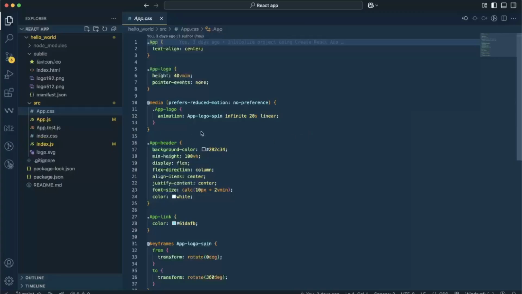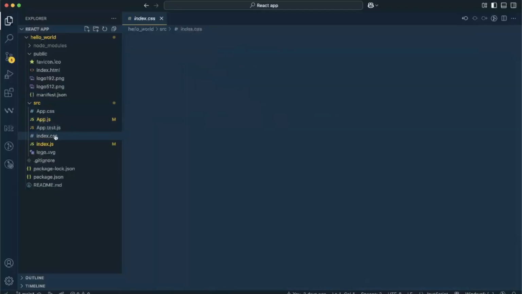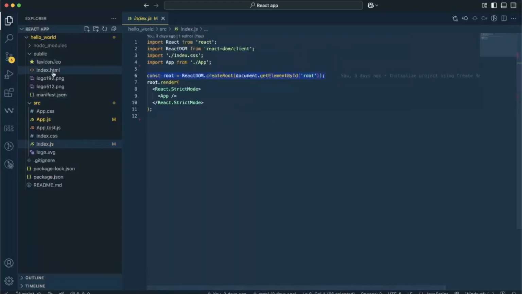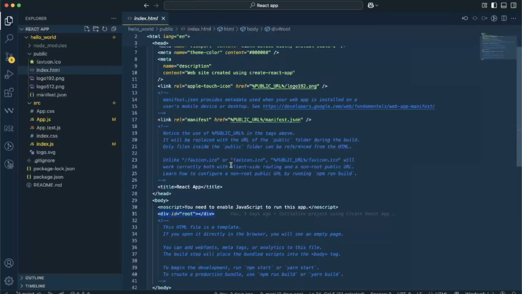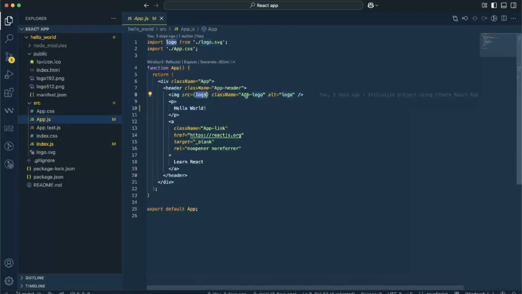We also have an App.test.js file, which is for unit testing. And we have an index.css file, which applies CSS to the body tag present in index.html. Also a logo.svg, which is referenced in the App component and used in the App.js file.